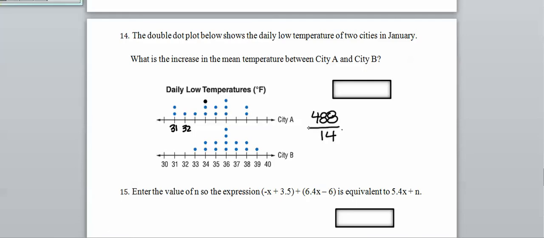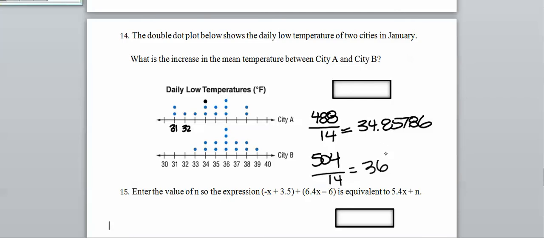So divide their value by 14 and we get 34.857, I believe. Down here we get 504 and we divide those by 14 and we get 36. So the difference between the two is